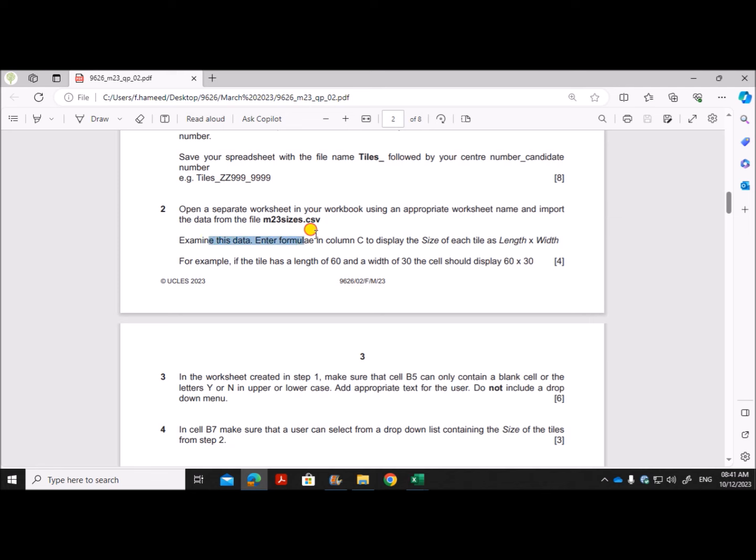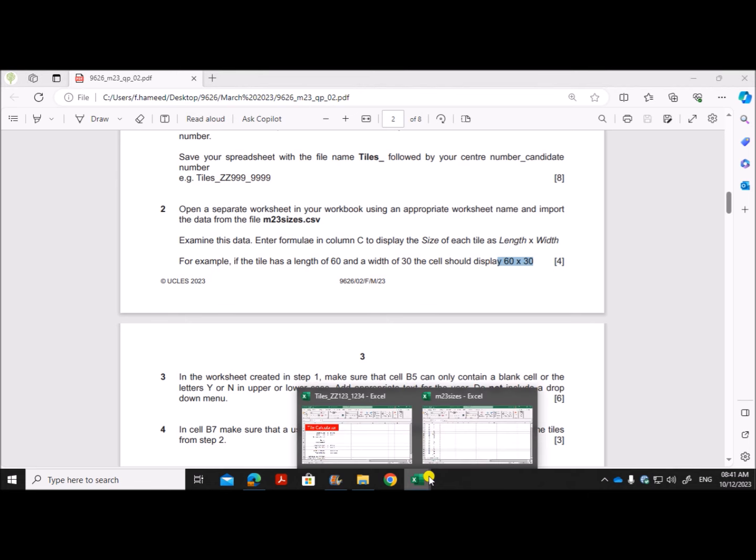Examine this data. Enter formulae in column C to display the size of each tile as length, then an x symbol, then width. For example, if the tile has a length of 60 and a width of 30, the cell should display 60 x 30 in this format. So first let's